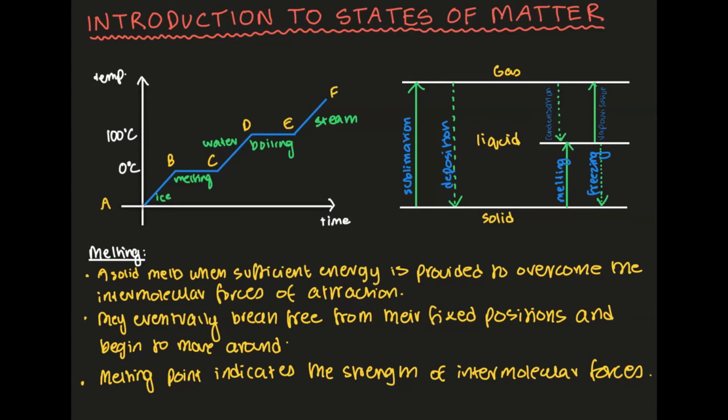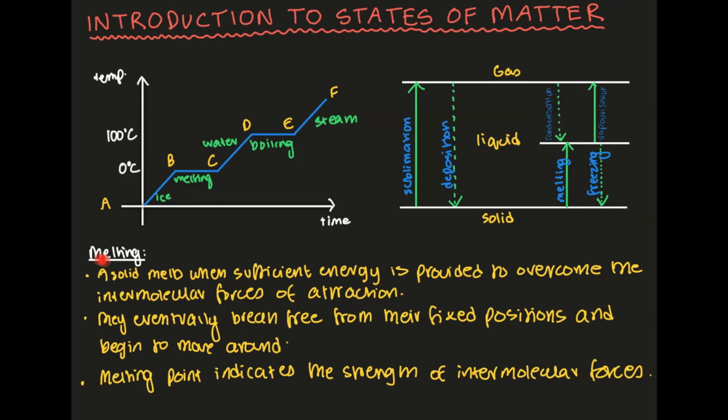As you can see, all the arrows going downwards are dotted, and all the arrows that are going upwards are solid lines to make things easier for you. Now, if you're going from a gas to a liquid, it's going to be condensation. And if you're going from a liquid to a gas, it's going to be vaporization. If you're going from a solid to a liquid, it's going to be melting. And if you're going from liquid to solid, it's going to be freezing. So these are the basic processes, and you need to know what they mean.